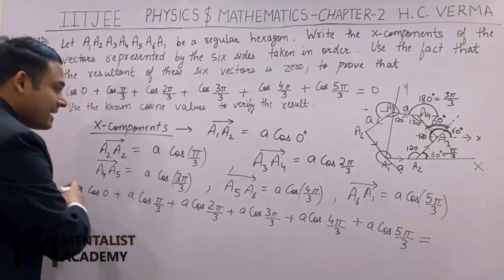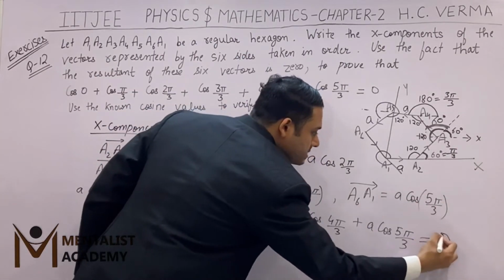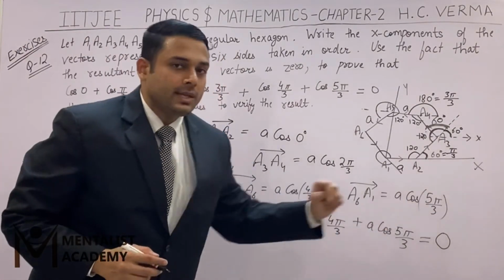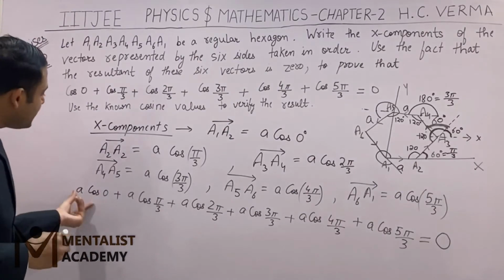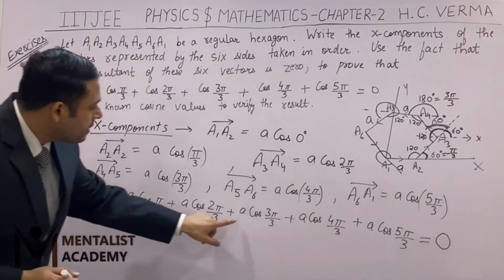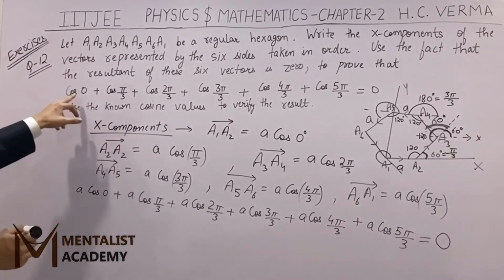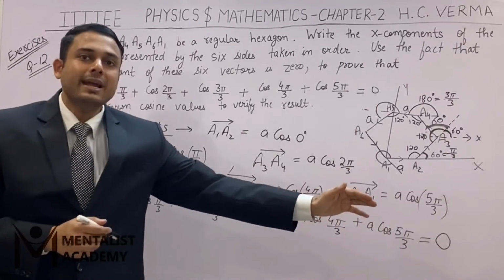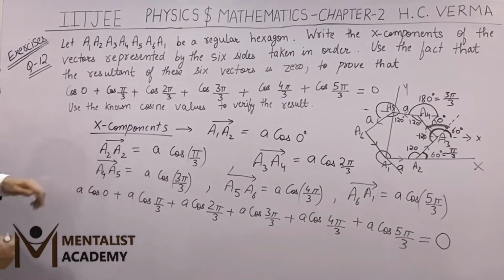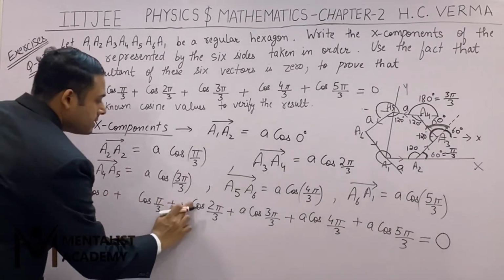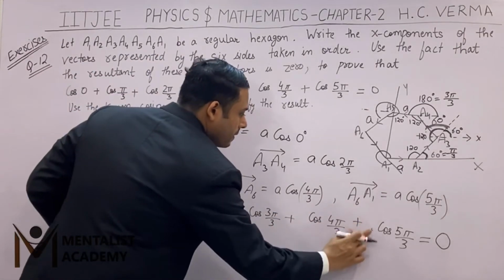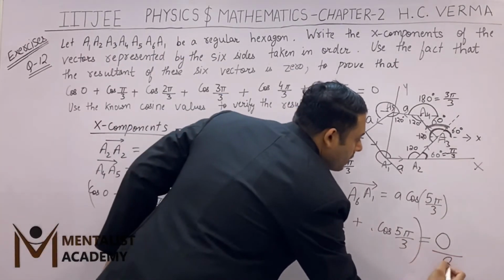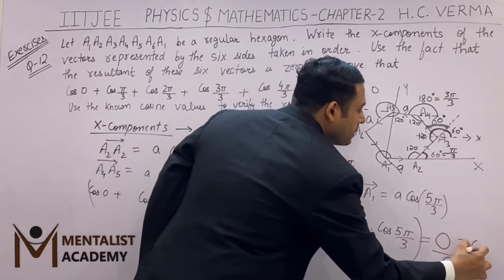एंड सारे x components का सम कितना इक्वल होगा, 0 के, अकॉर्डिंग टू द फैक्ट विच इज गिवन इन द क्वेश्चन. सो क्योंकि इन सब का सम इक्वल टू 0 है, now we can see that हर टर्म के साथ एक a लगा हुआ है, राइट. बट हमें प्रूव क्या करना है, यहां पर कोई भी a नहीं है. सो let us take a common और उसको दूसरी साइड लेकर जाके रिमूव कर देते हैं. सब टर्म्स में से a को कॉमन ले लो, a बाहर आ गया, एंड a को दूसरी साइड लेकर जाके रिमूव कर देता हूं.